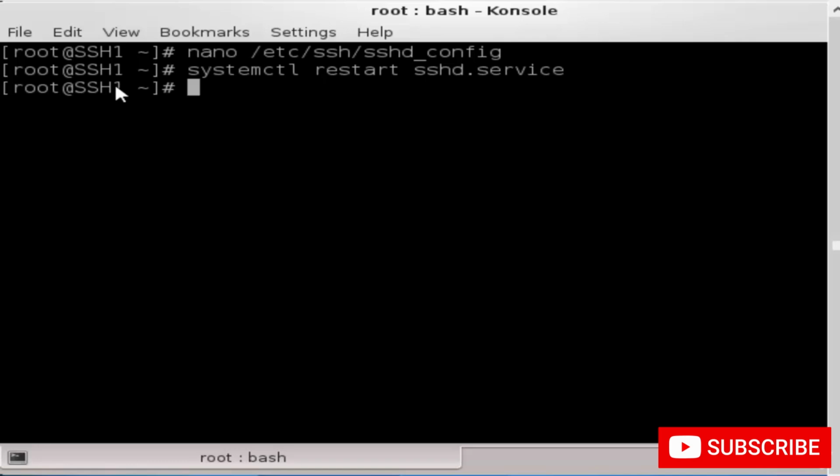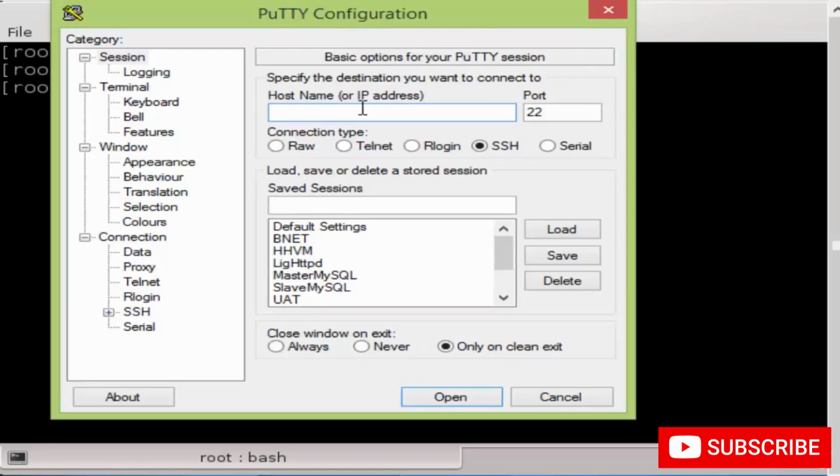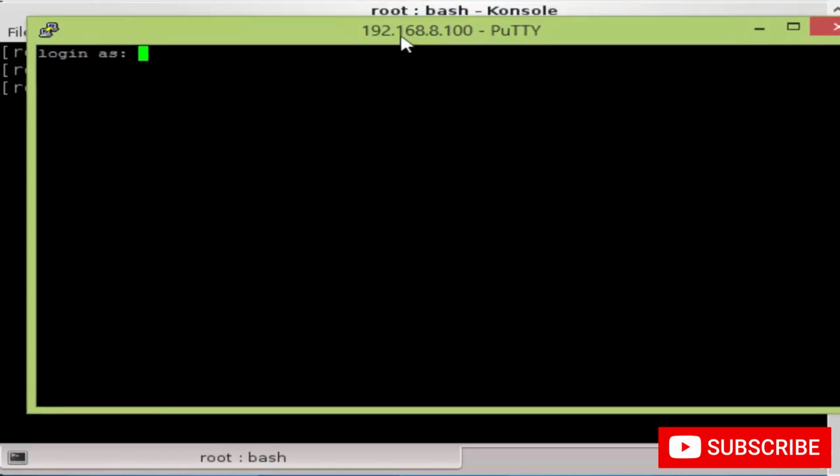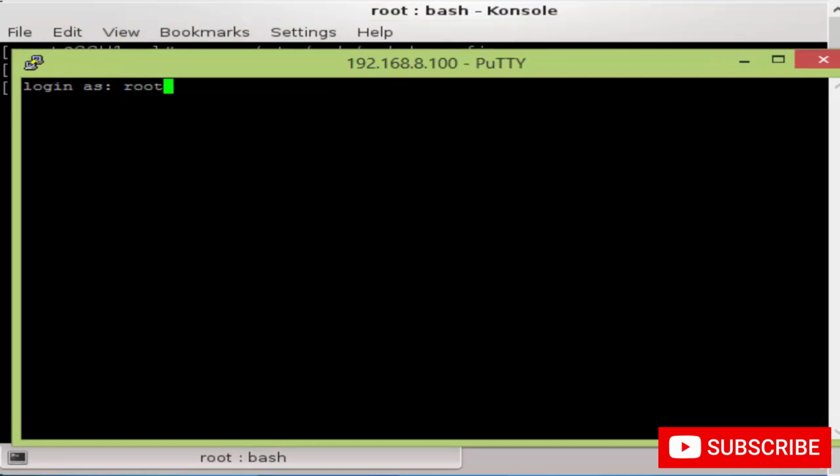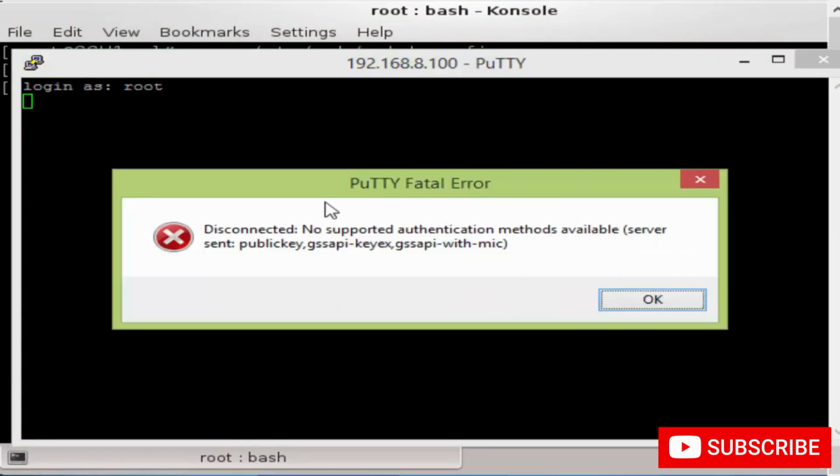Okay, now we have disabled the password authentication on the SSH1 machine. So let's try to connect to the SSH1 machine using password authentication. Let's open PuTTY and type the SSH1 machine IP here. And click open. Login as user root and press enter. As you see, we got a fatal error. Disconnected, no supported authentication methods available. As you see, we can't connect to this machine using password authentication because we have disabled it